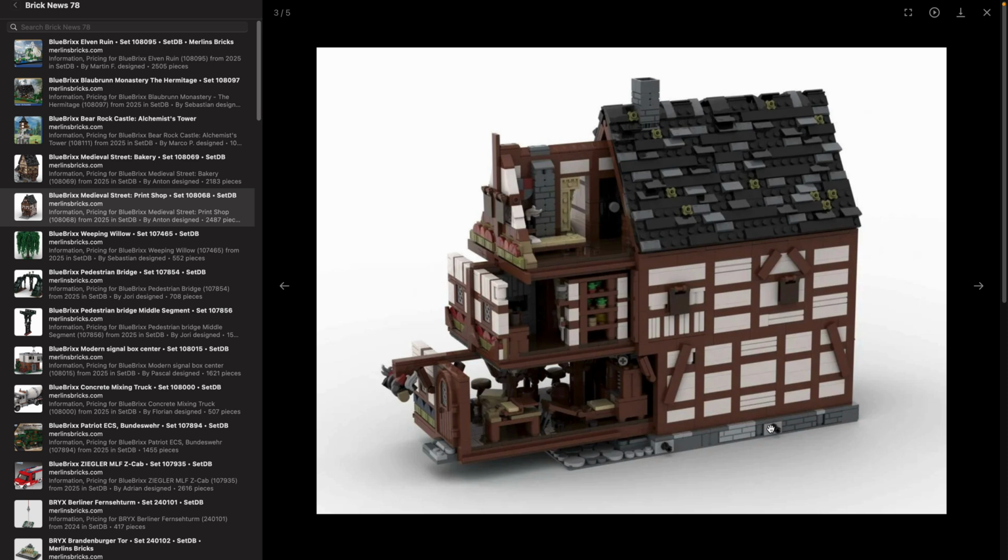So as a result, of course, I think especially if you're interested in a European city, there's a good chance that this should work very well. For instance, together with the new Tudor house, you could use this as well. So I think in general a cool concept. However, because they are so small, but at the same time so packed, BlueBrixx has gone for this concept for modularity by means that you have this drawer layout, which I'm really interested in if this actually works and how